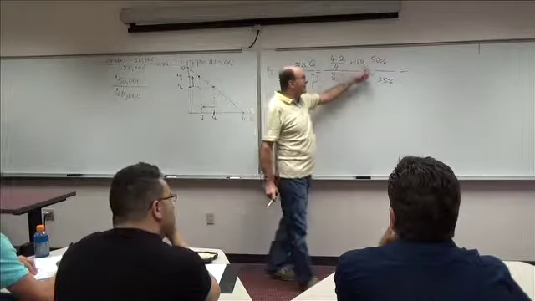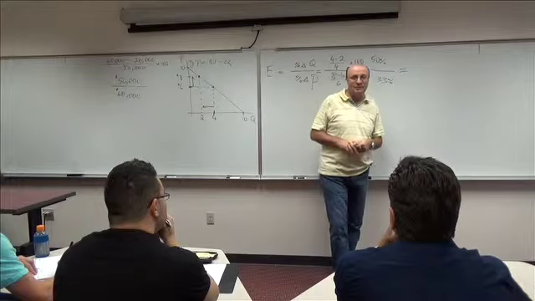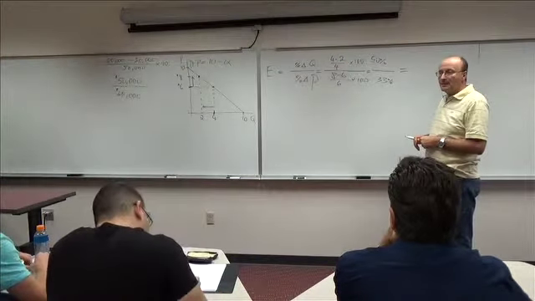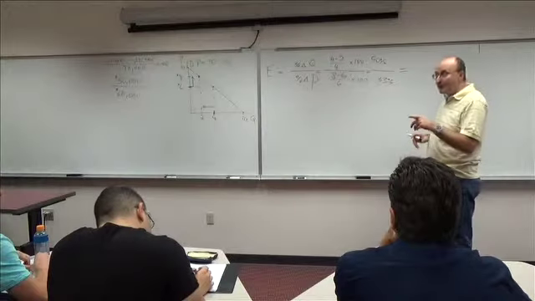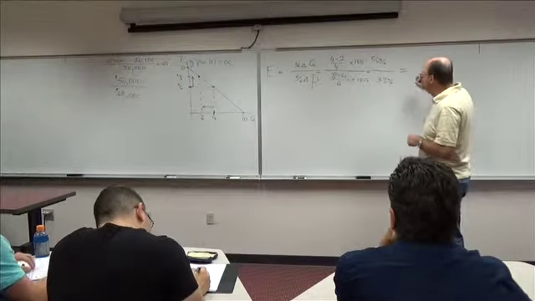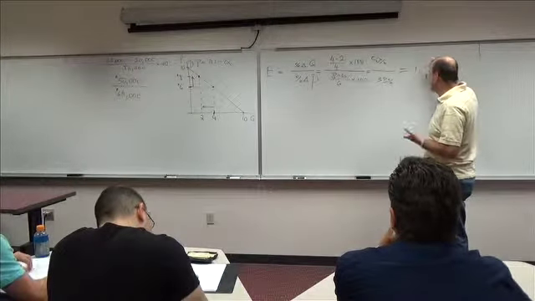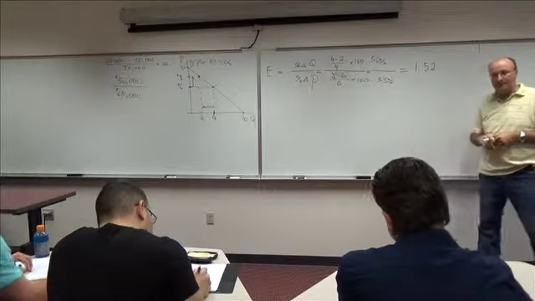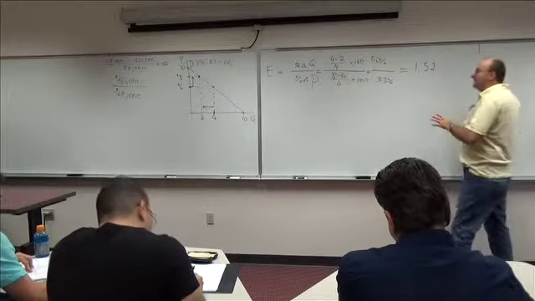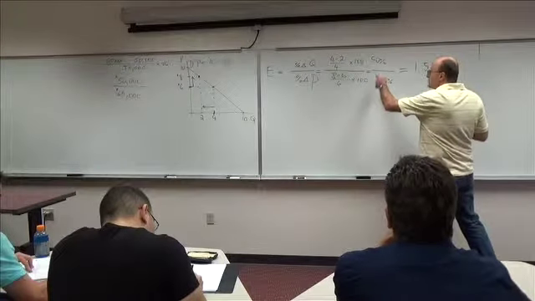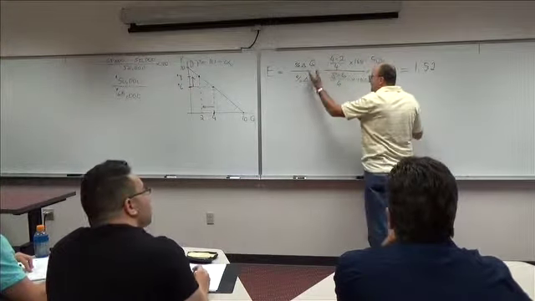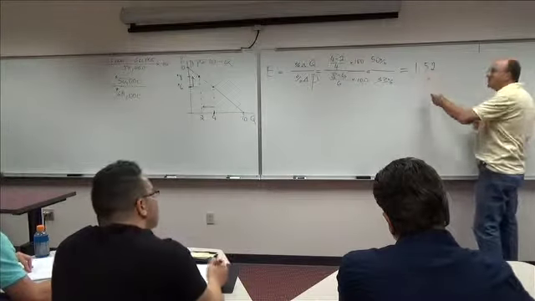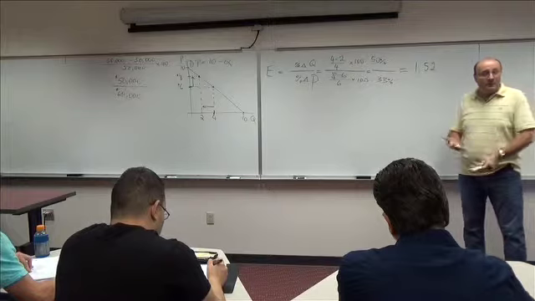If you divide 50 divided by 33, what's the number? What's the result? How much is 50 divided by 33? 1.51. 1.51? Thank you very much. Or 1.52 if you want to round it. Very good. Thank you. 1.52. So we found that elasticity, which is the ratio of percentage change in quantity divided by percentage change in price, is 1.52. What does it mean?